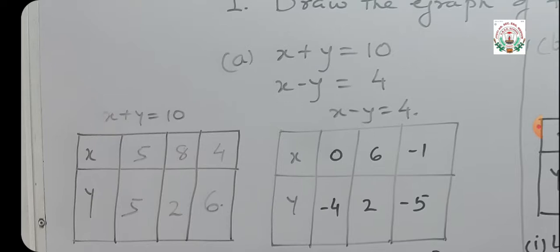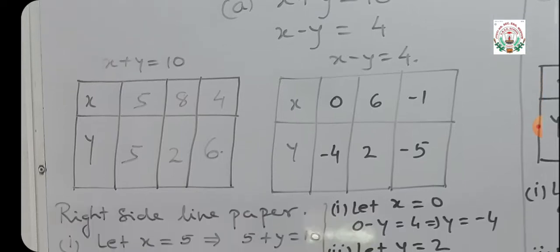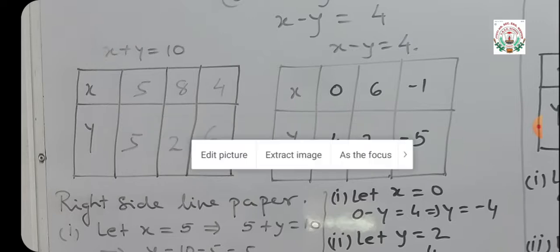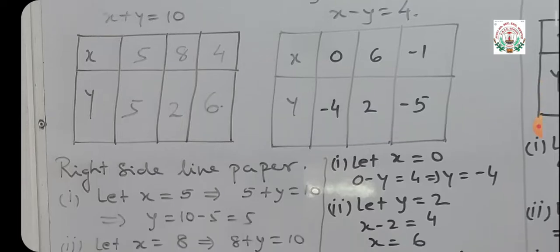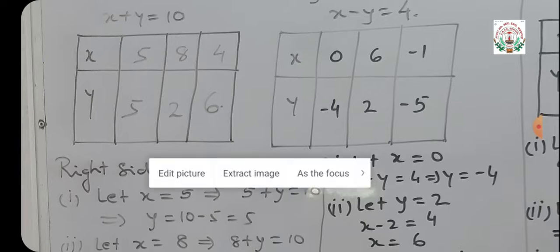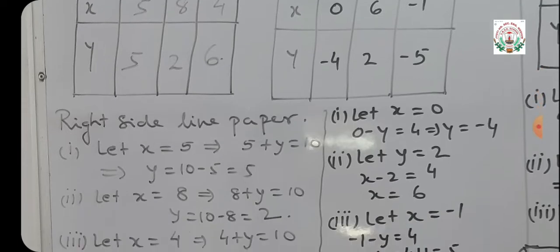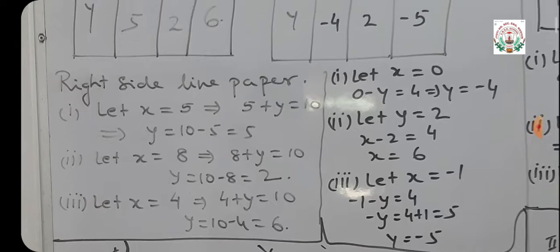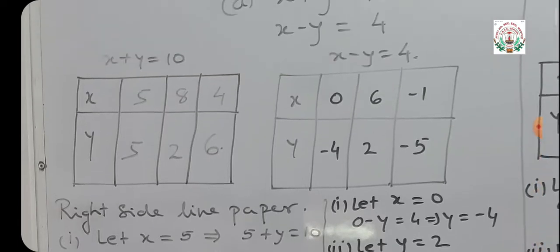First, for x plus y equals 10, let us assume that x equals 5. So when x equals 5, the corresponding y value will become 5. When x equals 8, the corresponding y value will become 2, and when we substitute x equals 4, the corresponding y value will become 6. So (5, 5), (8, 2), (4, 6) are the solutions of the first linear equation in two variables, x plus